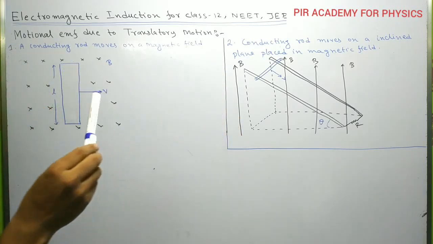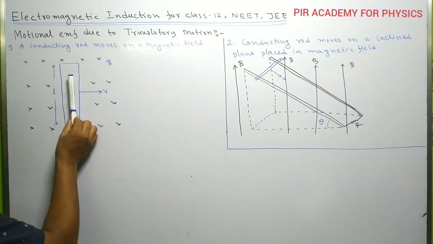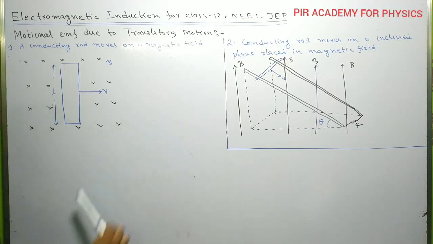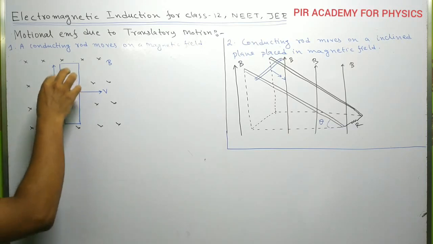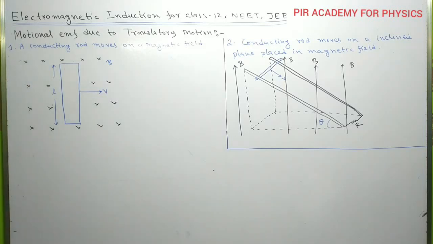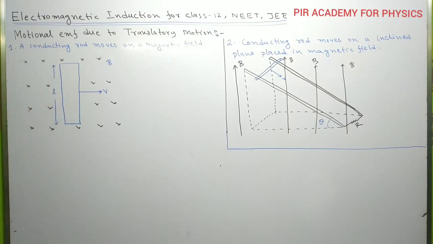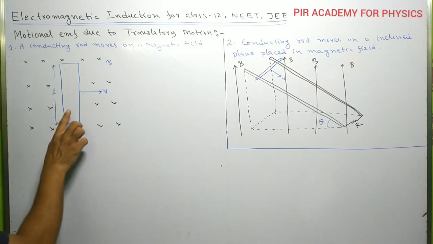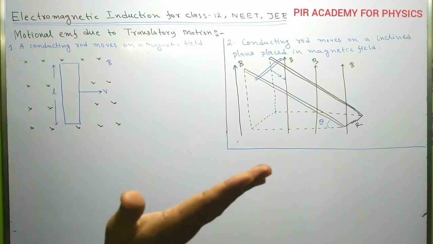That means the direction of the magnetic field and the direction of the velocity of the conducting rod are perpendicular to each other. Now you have to find out the induced EMF generated on this loop conductor. That means what will be the induced current or induced EMF on this conductor when it moves along this direction. Here we use the right hand